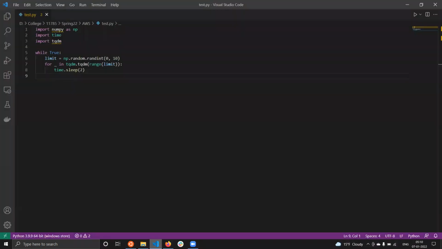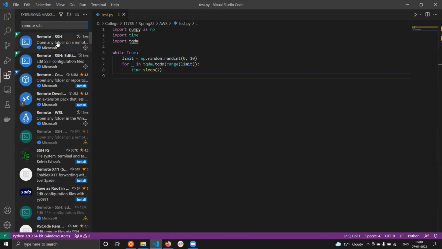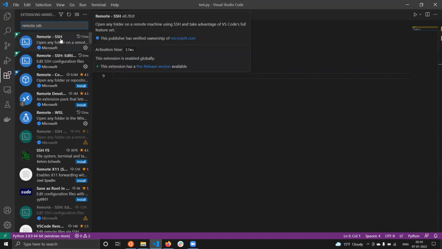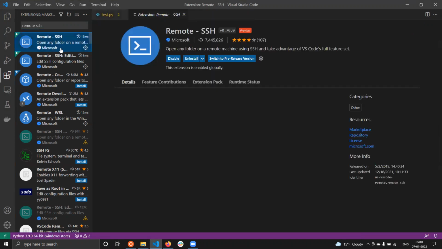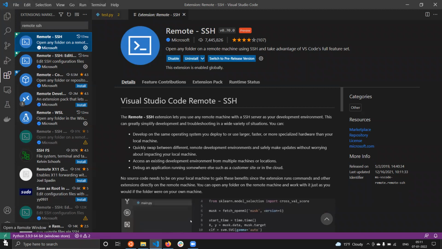Now, next step, we'll move to VS Code. This is a template file that I'll be using to test everything that we're working on. This is just a placeholder code, nothing specific. The first step is to install the remote SSH extension. Click on the extensions tab, search for remote SSH. This is the one we are looking for, remote SSH. It's provided by Microsoft. And you'll have to install this and enable it. Once you enable it, you'll see the green symbol appear at the bottom left of your VS Code window. And that's when you know it's been installed successfully.